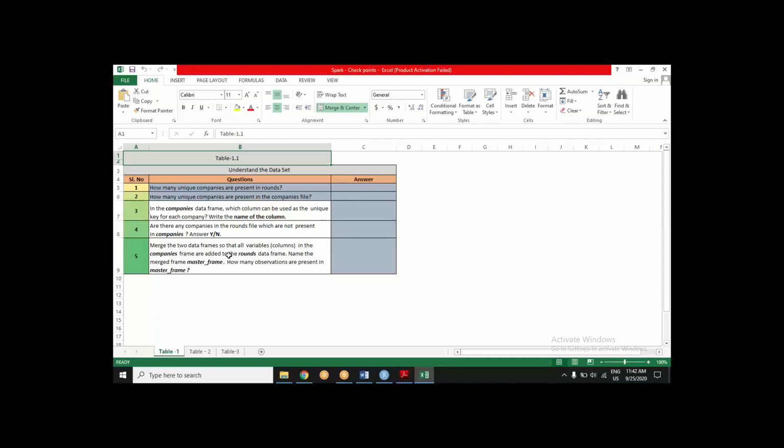To help you there, this checkpoints file is given. There are table 1, table 2, table 3. You start off with table 1, question number 1, and you answer these questions one by one. When you keep answering these questions one by one and move on to table 2 and table 3, automatically your analysis will proceed in the right direction. These questions are designed to put you on track. That's one.